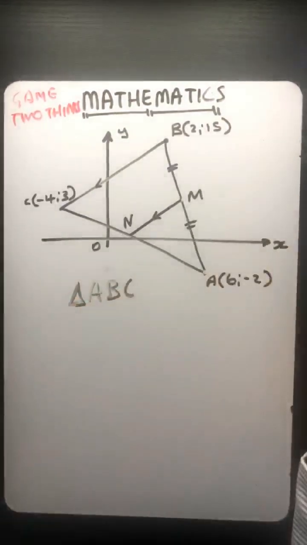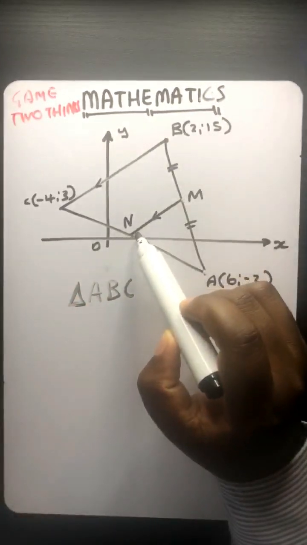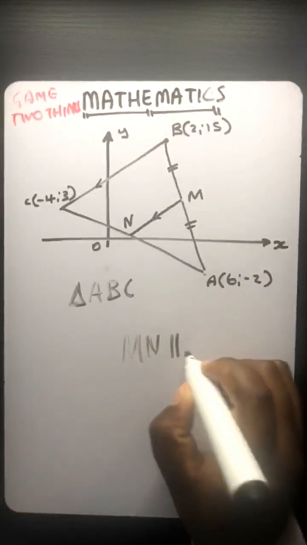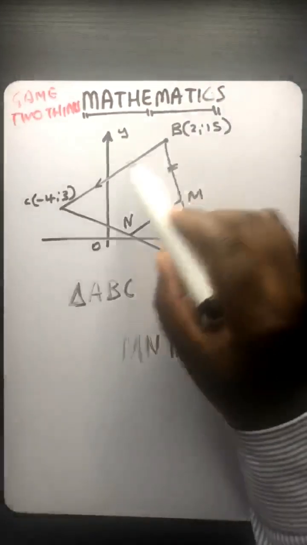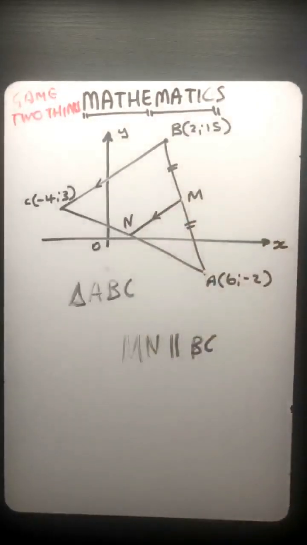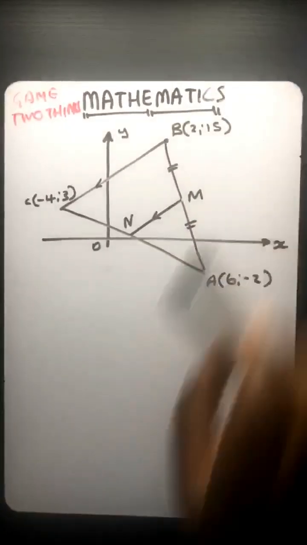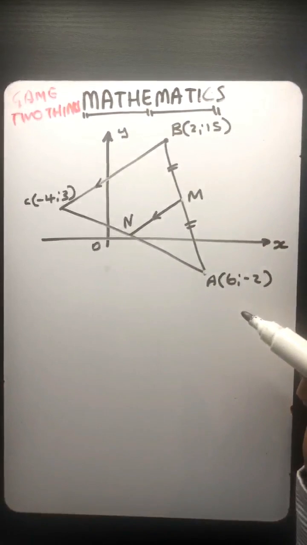MN, where is MN? Oh, there is MN. Oh, this is how they write. They say MN parallel to BC. Where is BC? There's, oh, yes. That makes sense. So very quickly, I would like to indicate to you guys that whatever